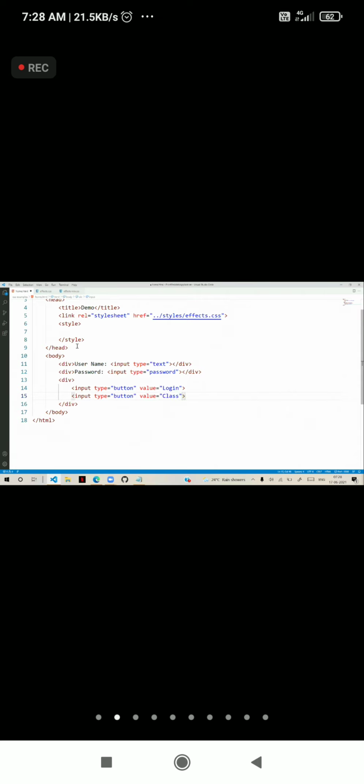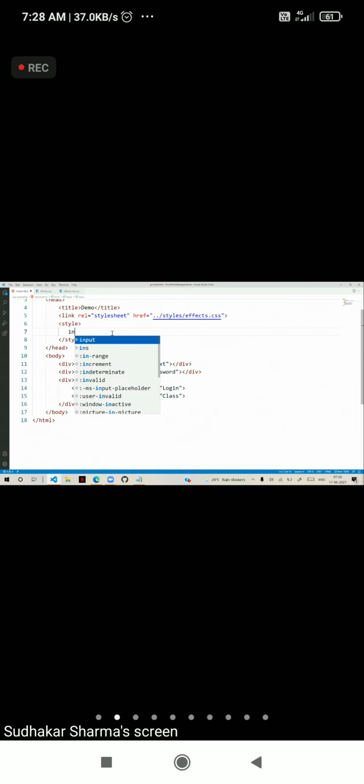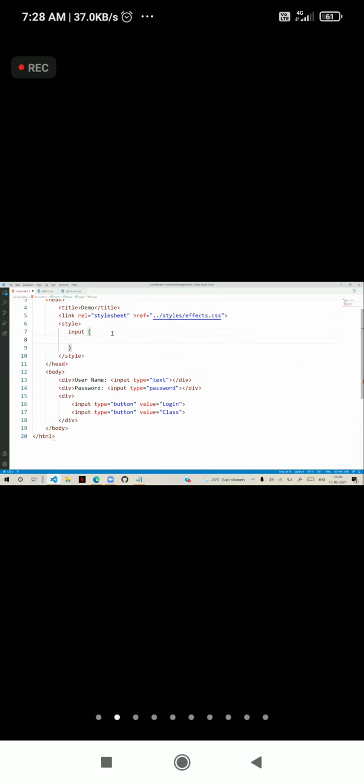Now here all are input elements only. That means the text box comes with input, password comes with input, button comes with input. All are inputs only. So if I want to apply an effect to them, I write input, background color yellow.